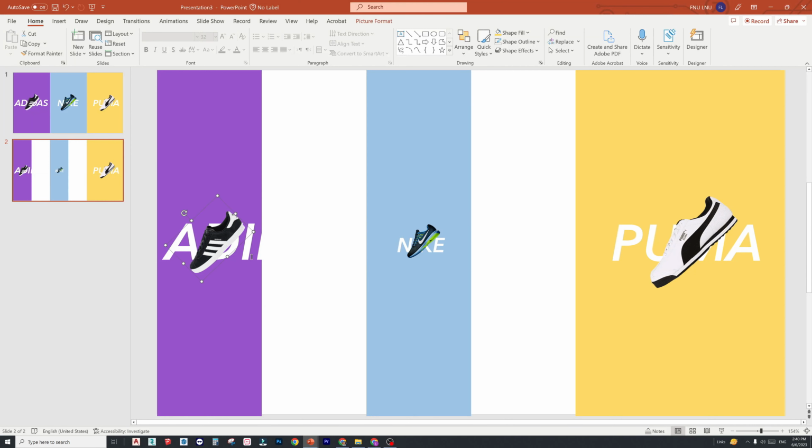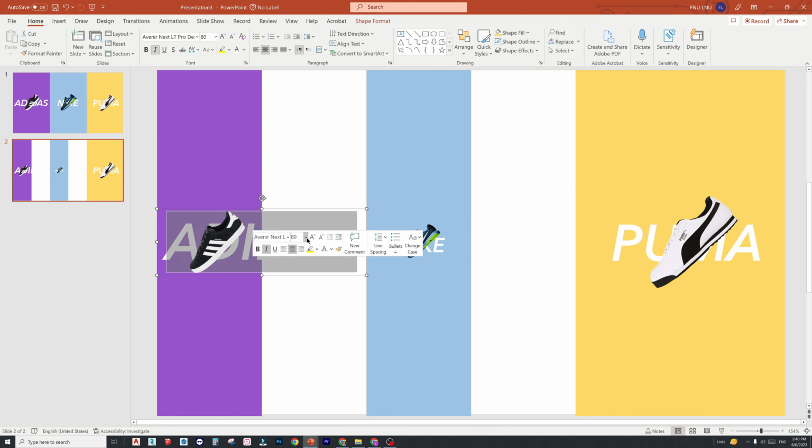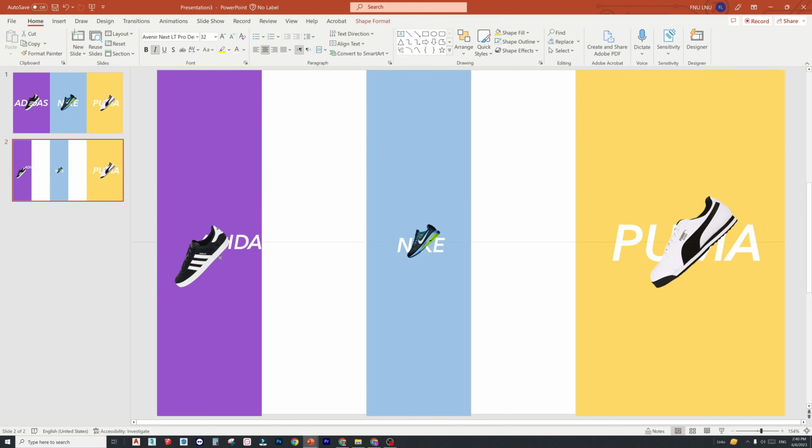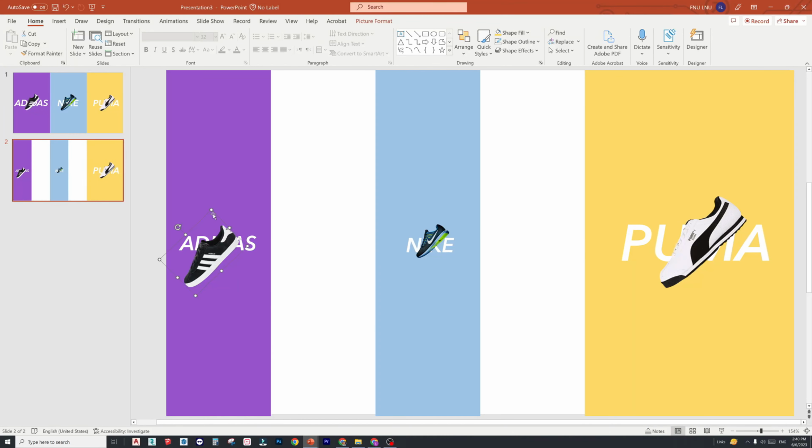Same you have to do with the first shape, 32. Like this. Now hold Ctrl and select the shape, text and the shoes